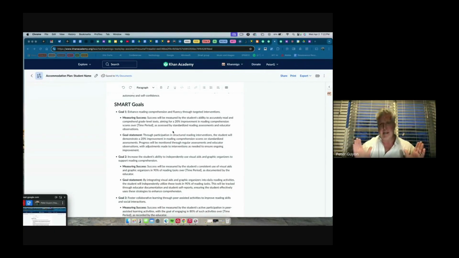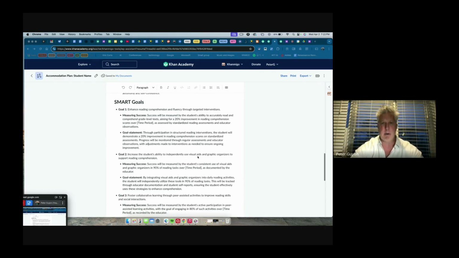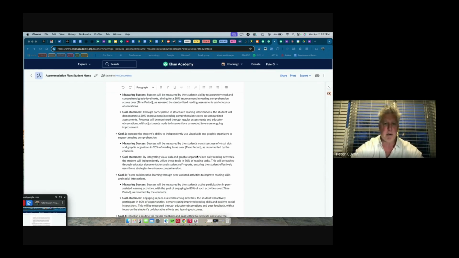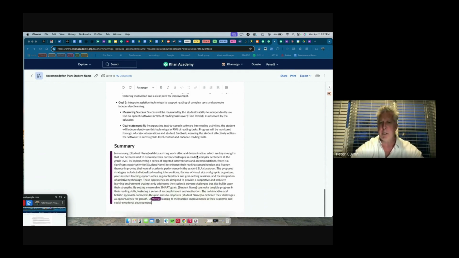Once again, this isn't meant to take the place of how you write goals or IEPs for the students if you are servicing students, but it definitely gives you a lot of information that may help you write them. Just follow the parameters of how your district expects you to write IEP goals as a special educator. But it does give some good information. If I was writing an IEP here, I would definitely use this for more of the narrative stuff, the present level of performance or the academic and functional needs and so on and so forth.